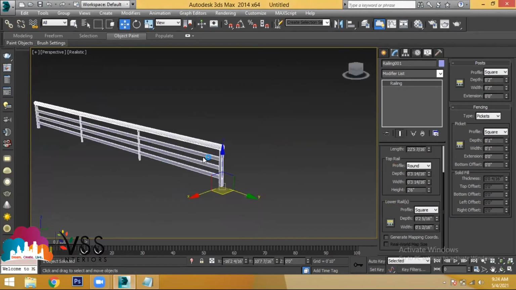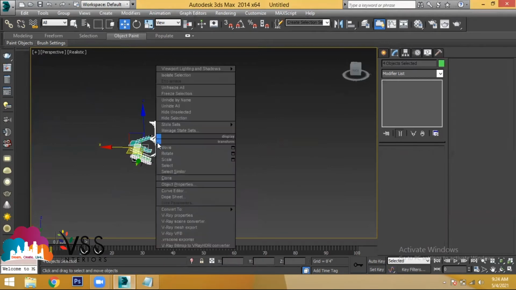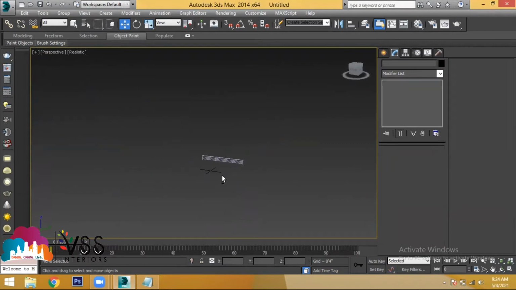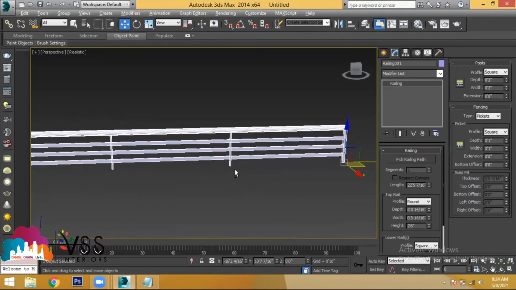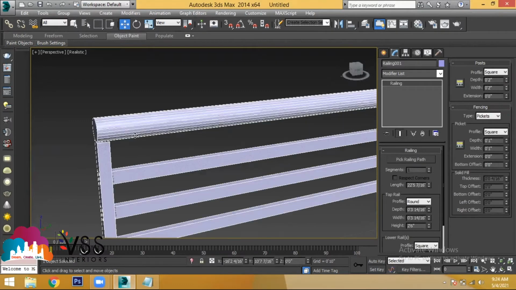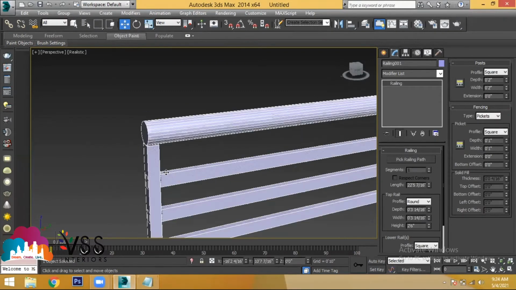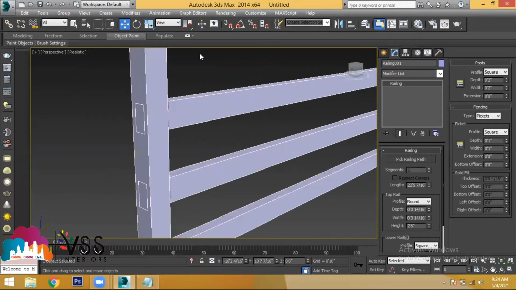The vertical part. Let us take out all this. Now, if you see the railing, till now we have made some modifications for the top rail and the bottom rail, which is the horizontal like this. Now let us talk about the vertical railing. Vertical. These are vertical rods, right? Now let us talk about the vertical railing.